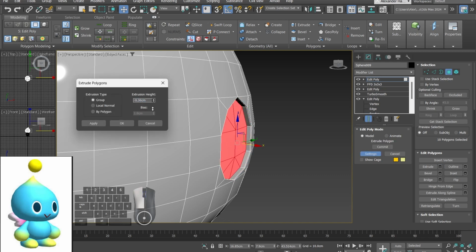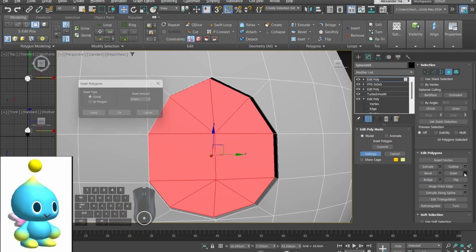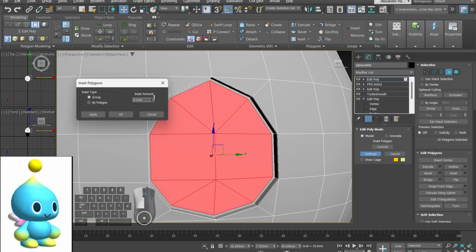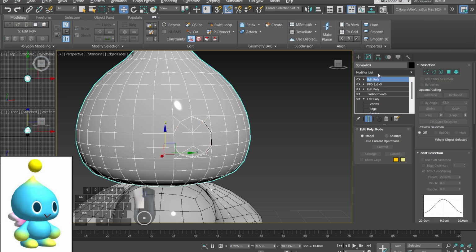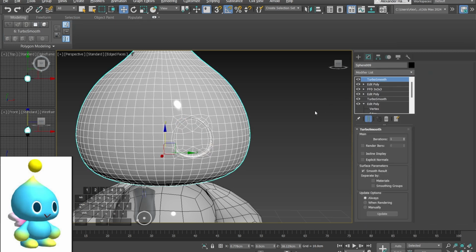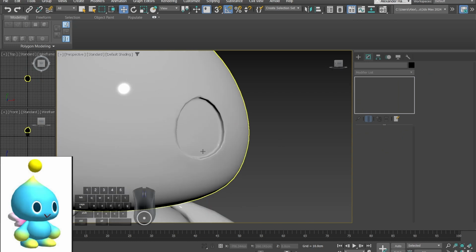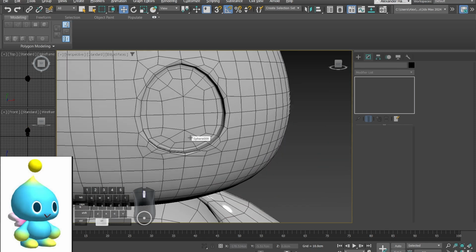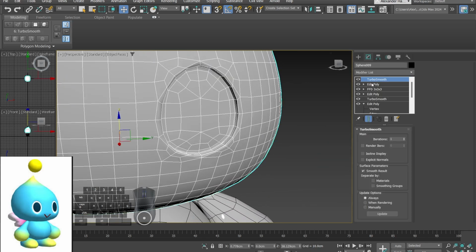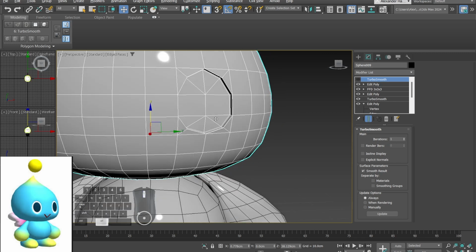And the reason is because we're going to add another turbo smooth on after this, and that's going to be our supporting edge loop. And I'm also going to inset by a small amount. And now if I add on a turbo smooth on top of this, it should look quite nice. I think potentially I should have modelled in VI before I added on that extra turbo smooth,